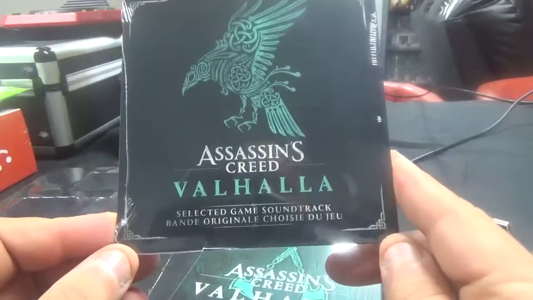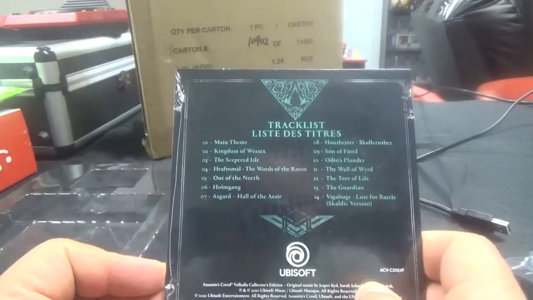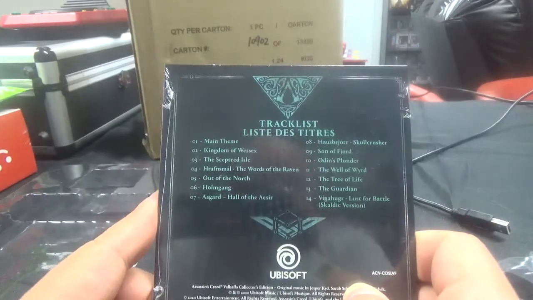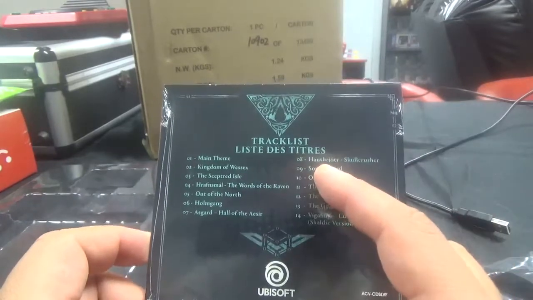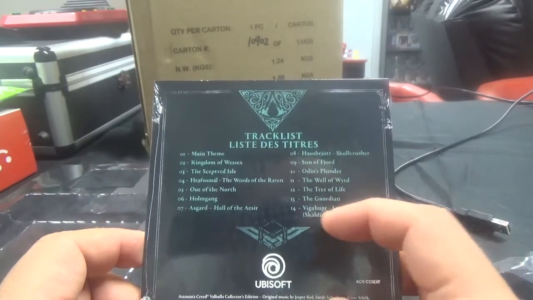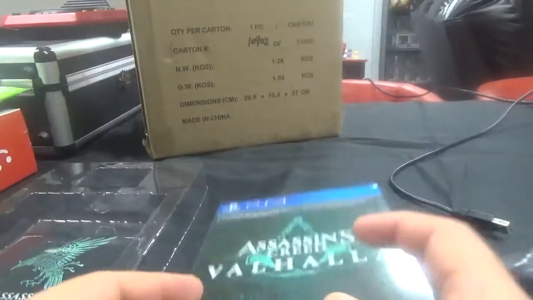Here's the soundtrack, selected game soundtrack. You get 14 tracks, it looks like. Main theme, Kingdom of Wessex, the Sceptred Isle, I can't pronounce that. The Words of the Raven, Out of the North, Holmgang, Asgard, Hall of the Aesir. Can't even pronounce that. Skull Crusher, Son of Fjord, Odin's Plunder, The Well of Word, The Tree of Life, The Guardian, and again, I can't pronounce that. Vihogr, Lust for Battle, Skaldic version. So, you get a CD, you get the game itself with the steelbook,